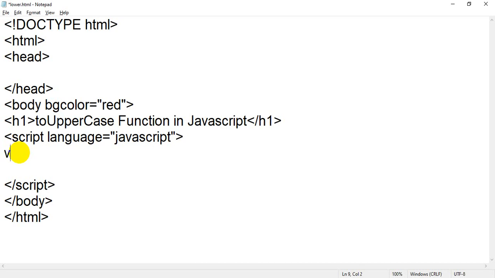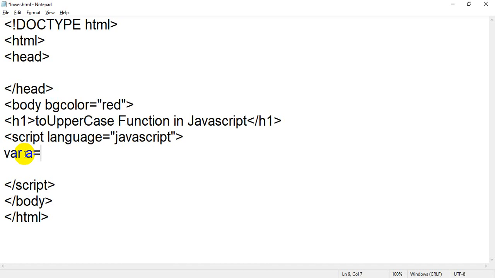Okay, so first thing is that I will declare a variable, var a equal to student. If you are getting bored that I have declared the variable name as a so many times, it's up to you. You can declare your own name, or according to your choice you can write any variable name, because we have seen how we can declare a variable and what our rules and regulations for declaring a variable are. So on the basis of those rules you can declare it.